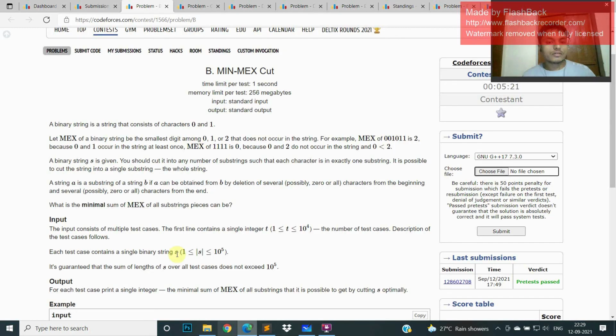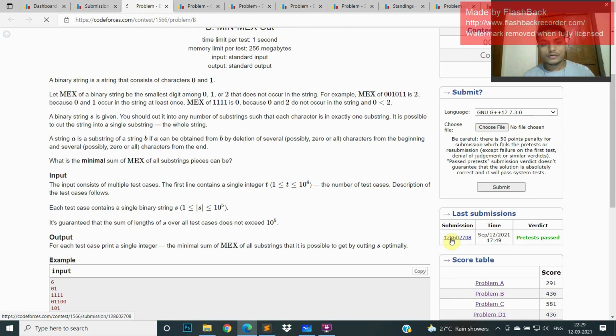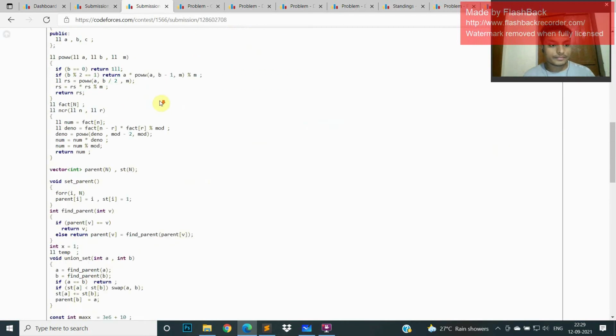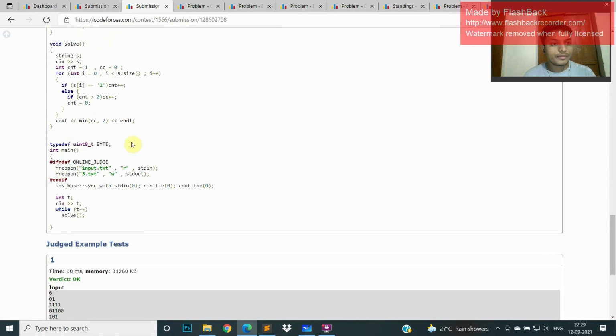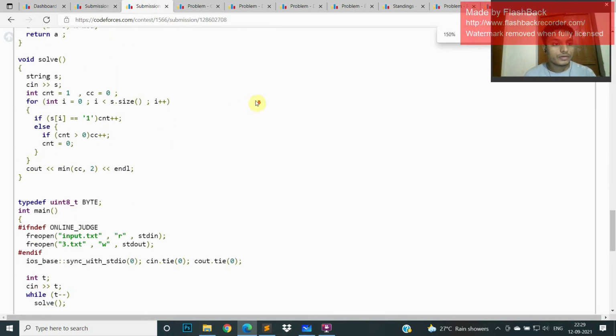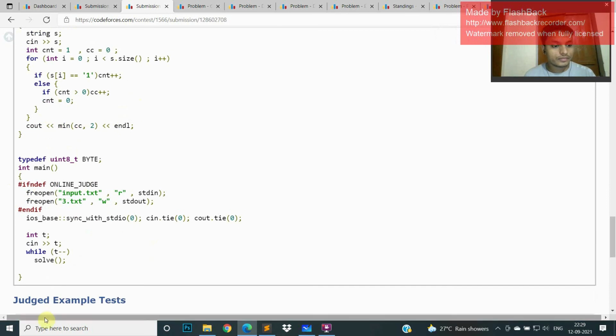So if I look at my code, this is my code. I count how many substrings only have zeros.